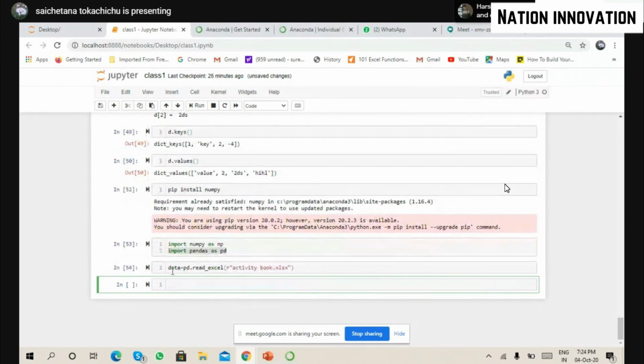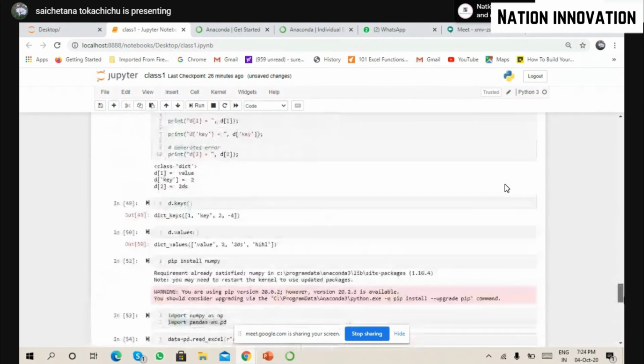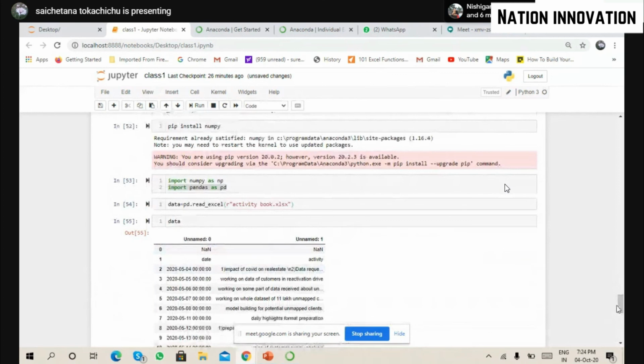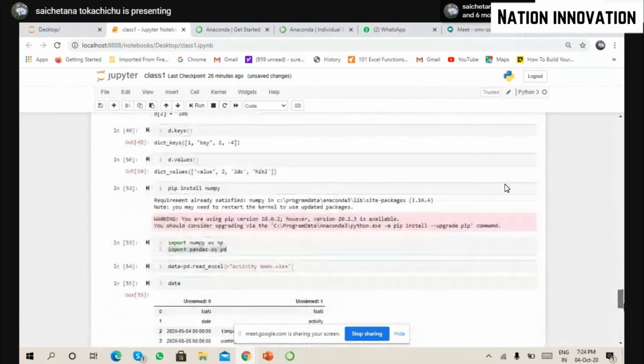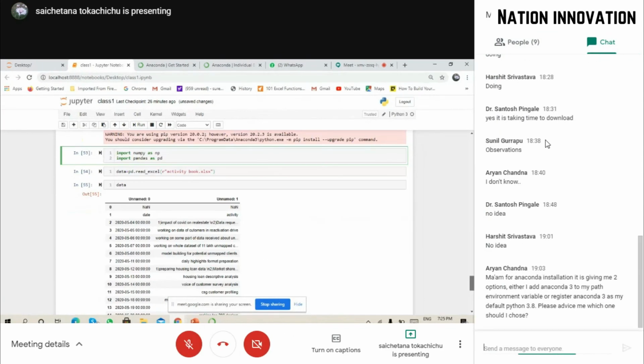After this, if you had data, you get some data over here. Whatever the Excel sheet had, that data has been displayed here. This is how you extract data from an Excel sheet or from a CSV file, whatever form it is. So this is how you install and access the libraries. This was the end of the session. Apart from this, if you have any doubts, feel free to ask. We still have around half an hour more to go.